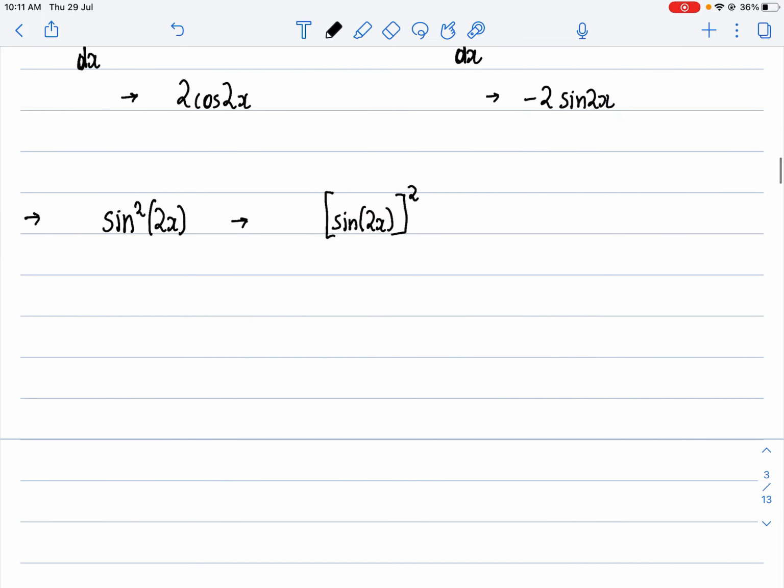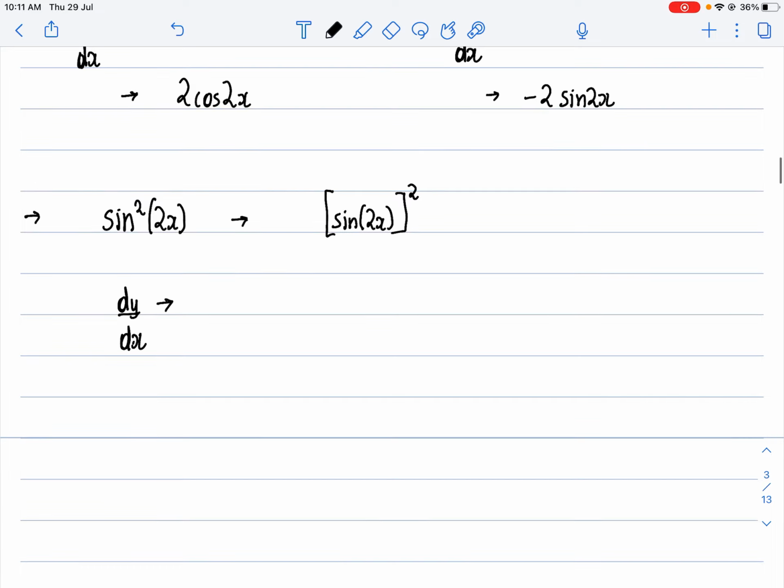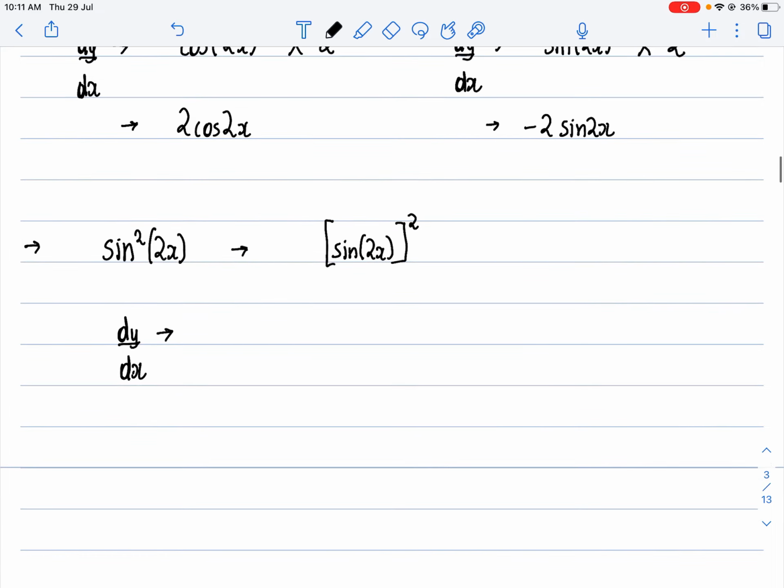Now we need the dy by dx of something like this. So we'll go bracket by bracket. First let's see the outer bracket where I have 2 here. What's the differentiation of this? It's basically a variable square. So I can write this as 2 multiplied by the inner function, which is sine 2x raised to 1,